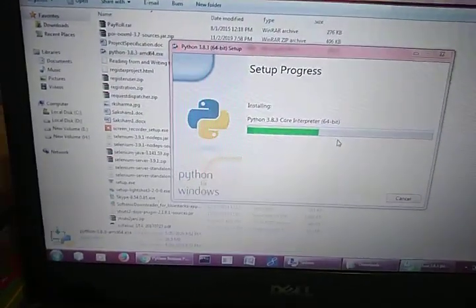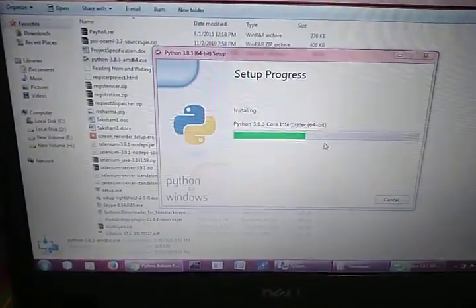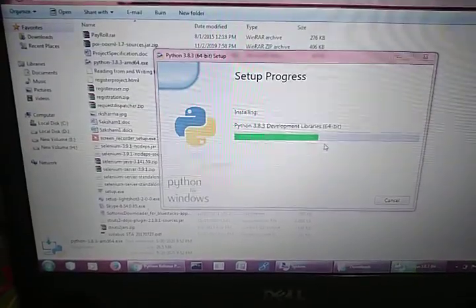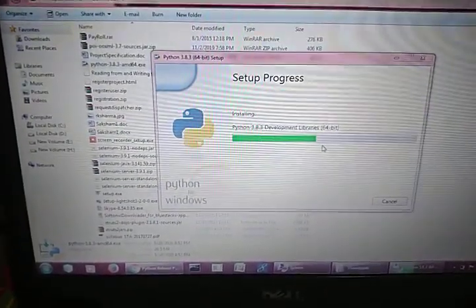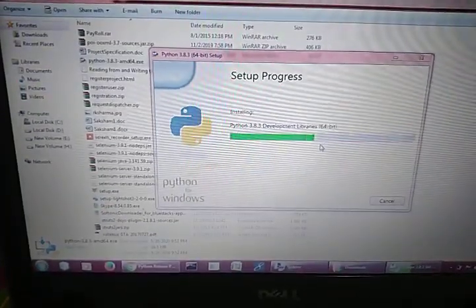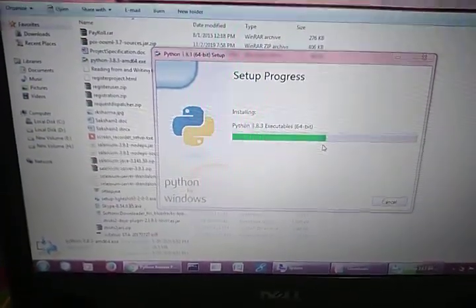So right now you see that the setup is in process. But sometimes some students are going to face an issue. That issue is the sp1 installer issue. Sometimes it comes up on the window. Let me just show you.